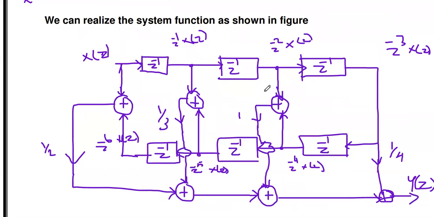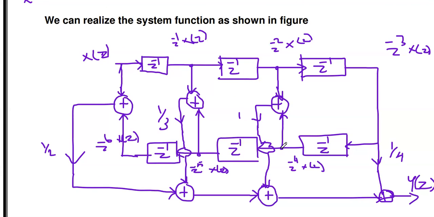So in this linear phase realization, you just check how many multipliers we are using. This is the first multiplier, 1 by 2, 1 by 3, 1 by 4. Okay, only 4 multipliers we are using. So our given transfer function, the given FIR filter order is 7, so odd. That's why the number of multipliers is (7 plus 1) by 2, which is 4.